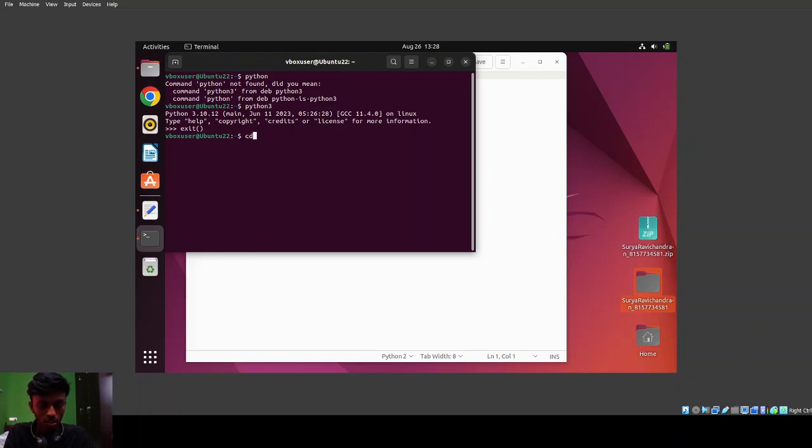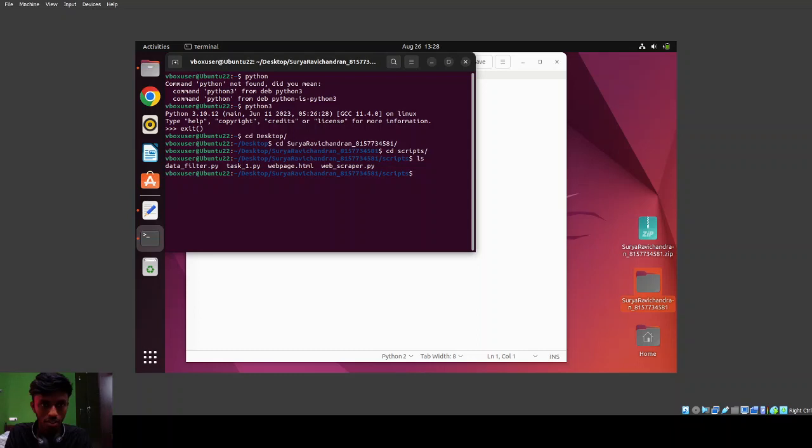Okay, so quickly change directories: cd desktop, cd Chandran, and then cd scripts. Then here we have the task1.py. So I'm going to type python3 task_1. Okay. So please enter your name. I'm going to enter my name. And there we go. That's the output. So that completes the execution of